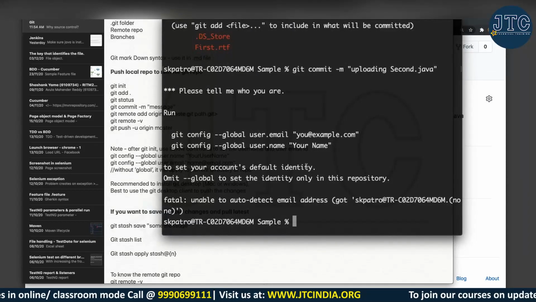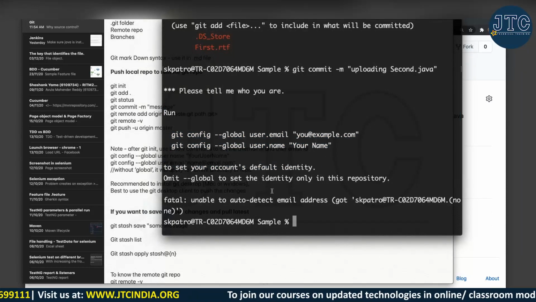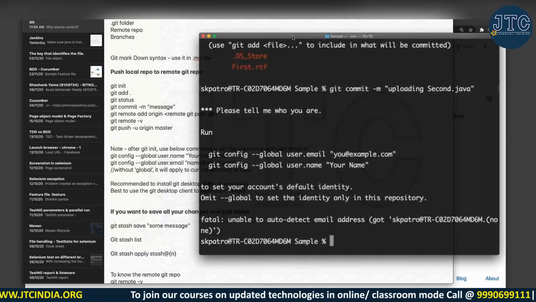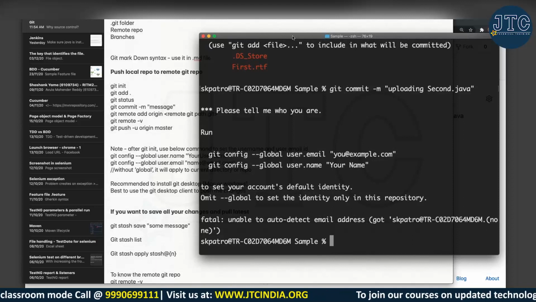What it is telling is that your identity is not yet declared actually. Because if you see, I have installed Git, I have created a GitHub account. How will GitHub know that this particular email is only dealing with this one? What if some other person is using my system and then he is using that? So what you need to do is associate each project with an email address.